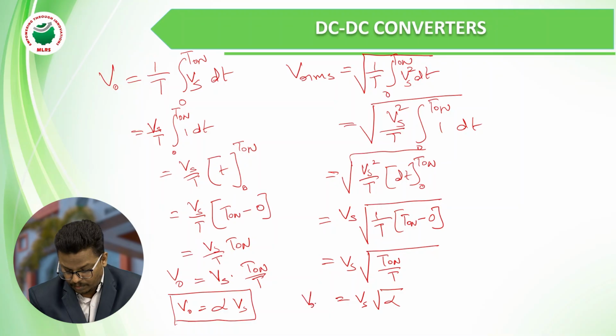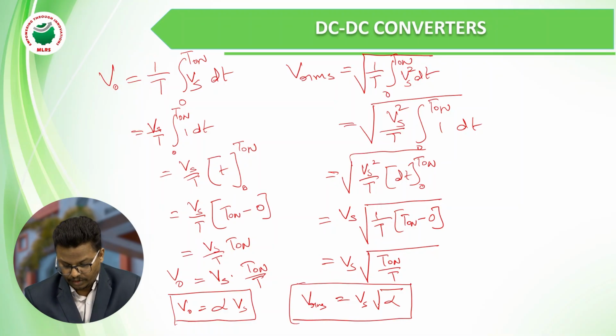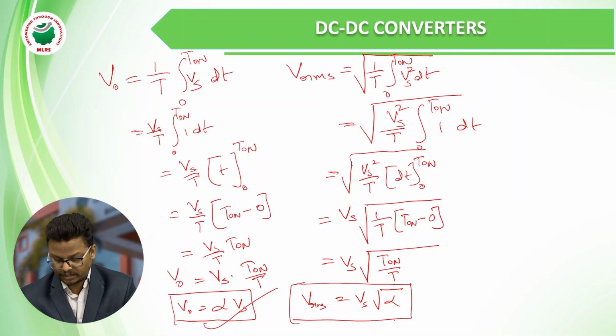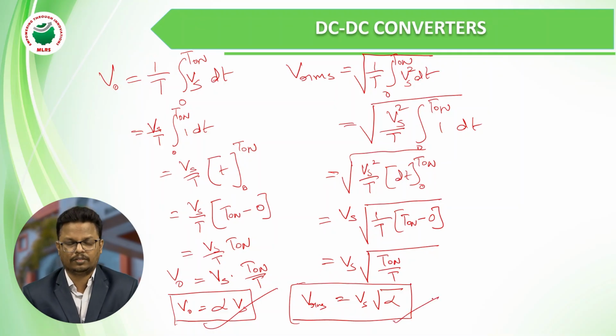So VRMS of the step down chopper is Vs into square root of alpha. So this is the average output voltage equation, and this is the VRMS output voltage equation. Okay,